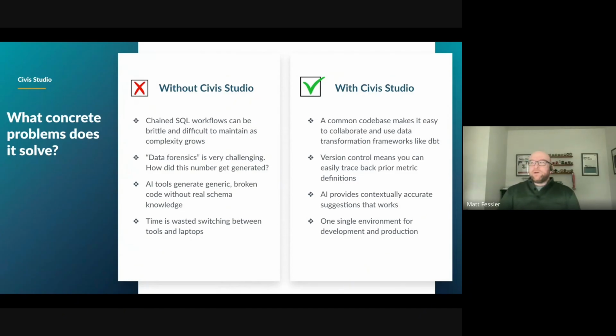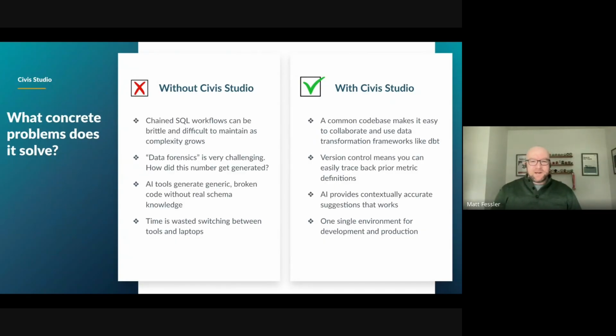Civis Studio is going to allow you to, first and foremost, do all of your coding and all of your management of the code on one platform, directly within Civis Studio. Managing this is also going to help you with version control, so you can see which version was working, and what the difference is between version 1 and version 2, working and not working, right?